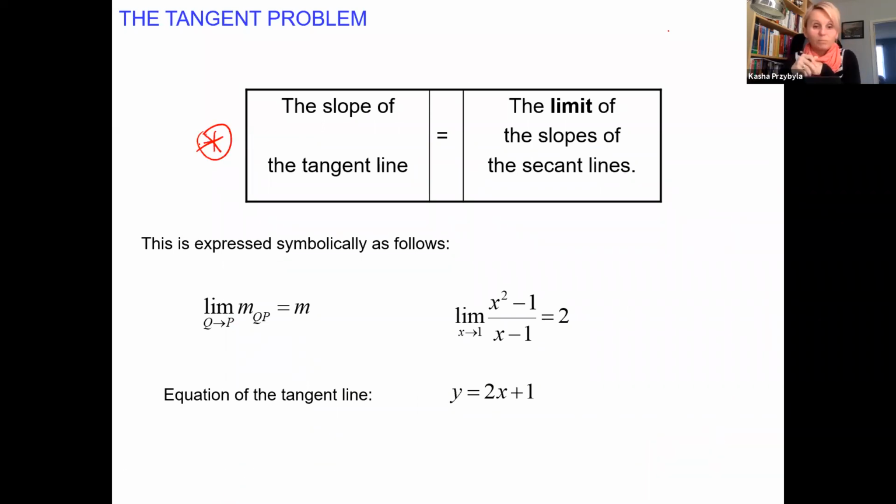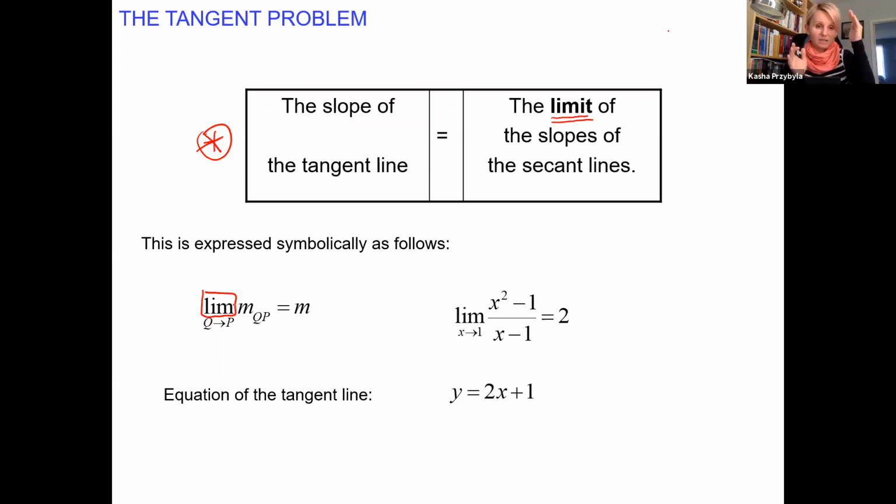From section 1.4, the slope of the tangent line. This is probably the first time I used that word. The slope of the tangent line, again, is the limit of the slopes of the secant lines. And now we do have a symbol to do this. For limit, we will use just the abbreviation, lim. And underneath,